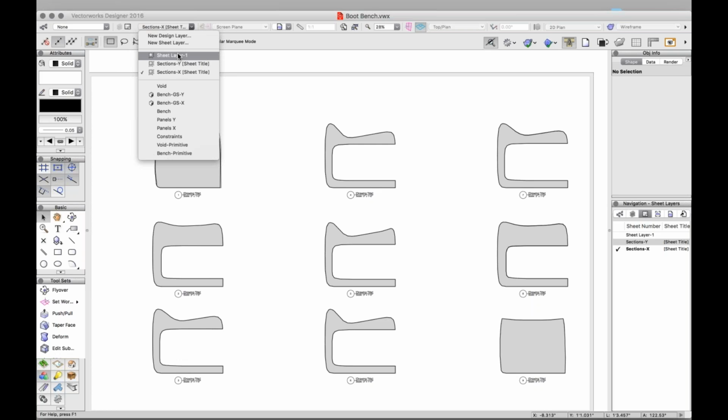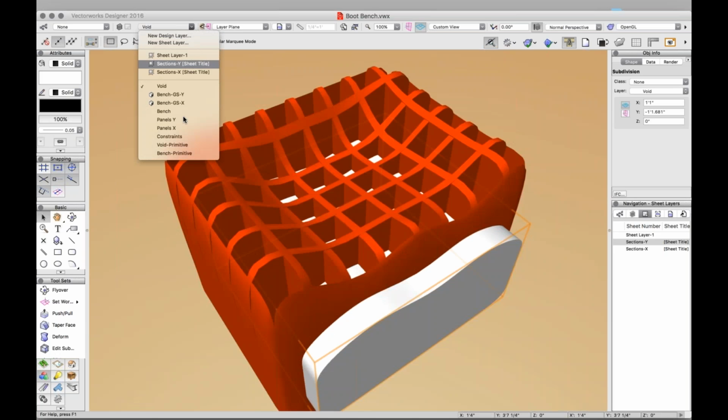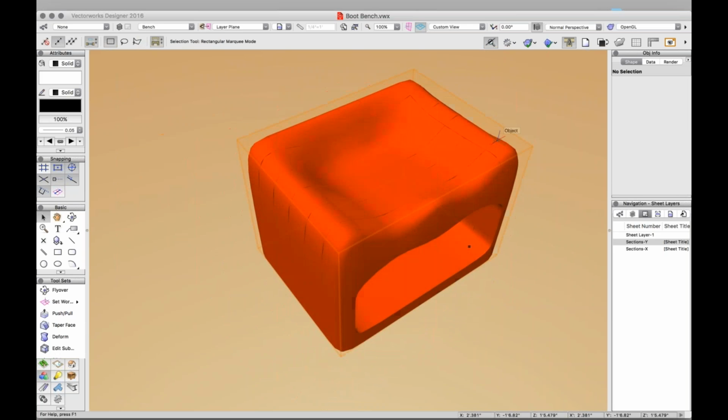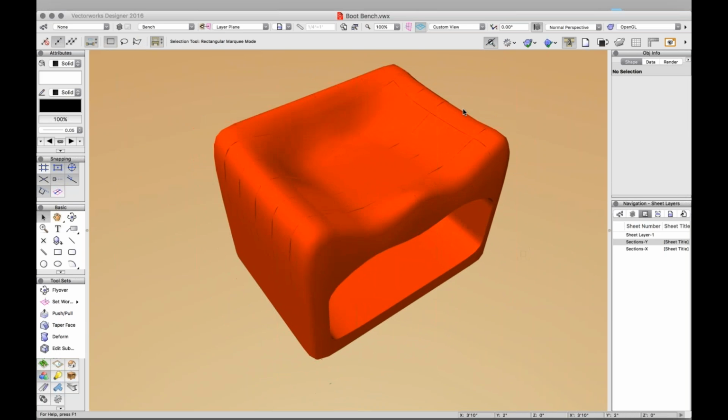Why recreate the 3D object with a sense of 2D methods? I understand that desire, so we're going to activate the bench layer here. Let's say that I didn't slice this particular object into panels, and I want to print this object just as it is. It might be a little bit more comfortable to sit on, and that would be a